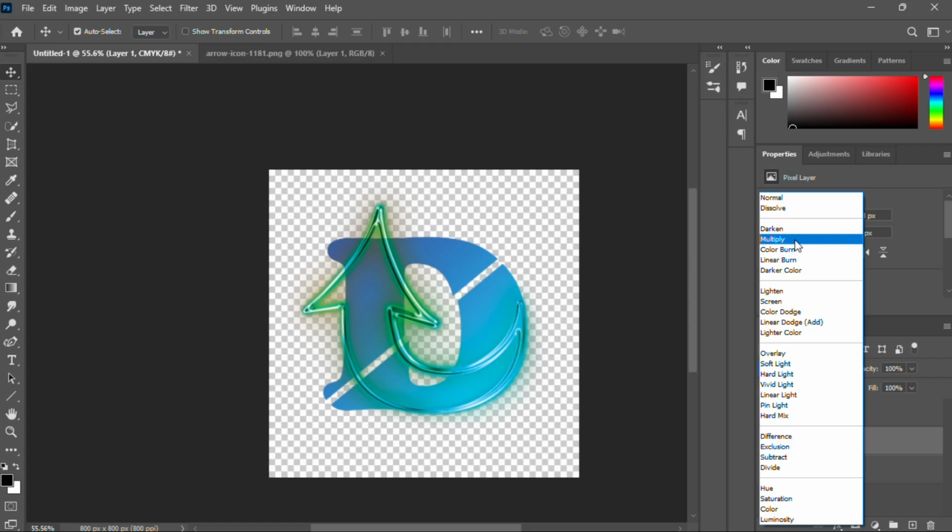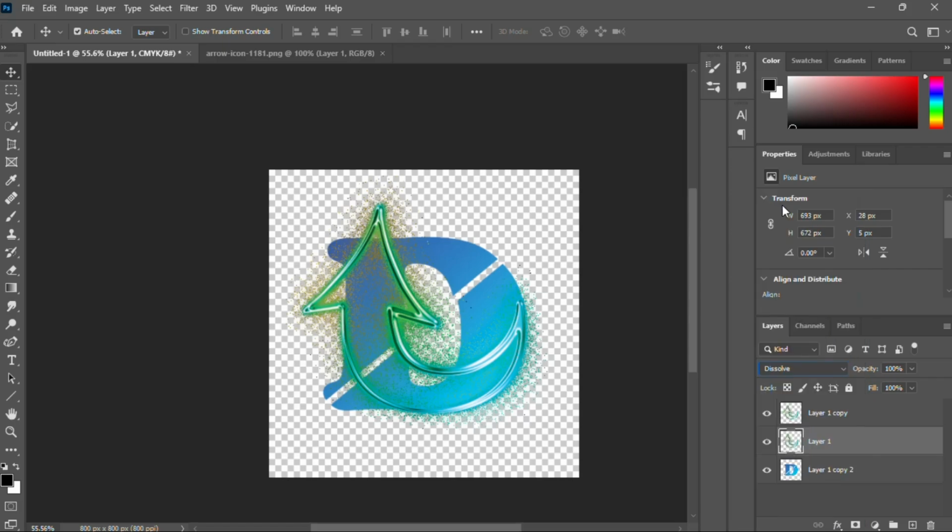Now before we move on to the next step, let's talk about a recent update in Photoshop. Adobe recently released a new version that includes improved AI tools for selecting subjects and refining edges. These tools make it easier than ever to isolate complex subjects from their backgrounds, which is perfect for logo design and other detailed work. If you haven't updated your Photoshop yet, I highly recommend checking out these